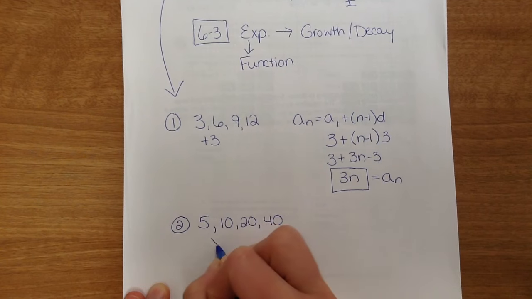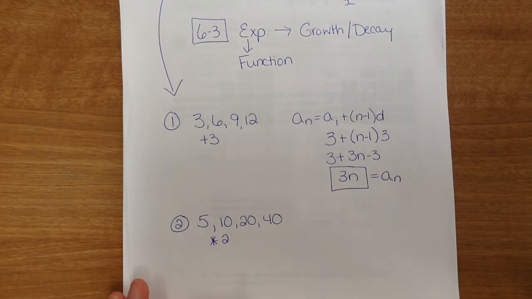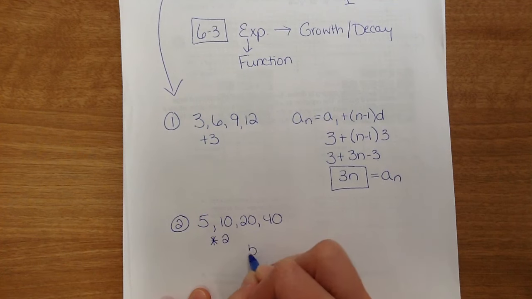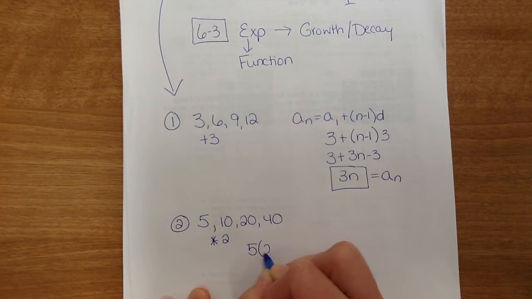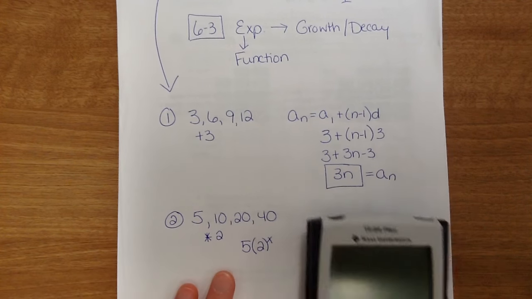Because what we're doing is we're multiplying each time by 2. So we looked at doing the first number and then 2 raised to the x, correct? That is exponential. The problem with this, if we grab our graphing calculator and we type this in,